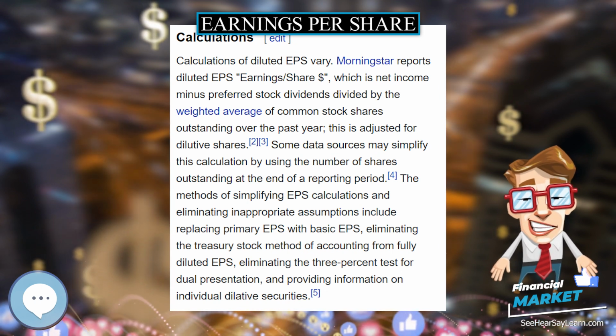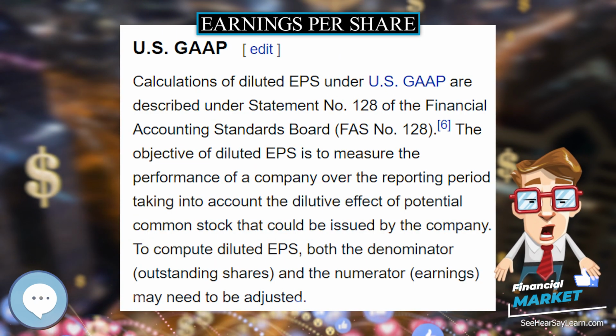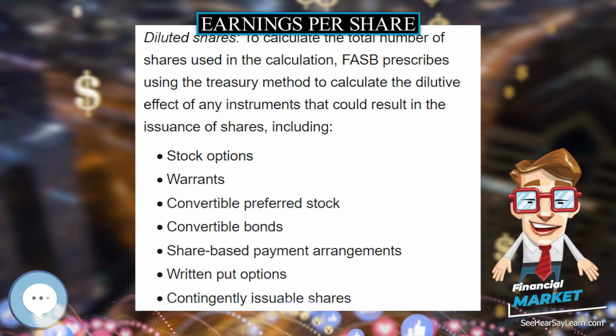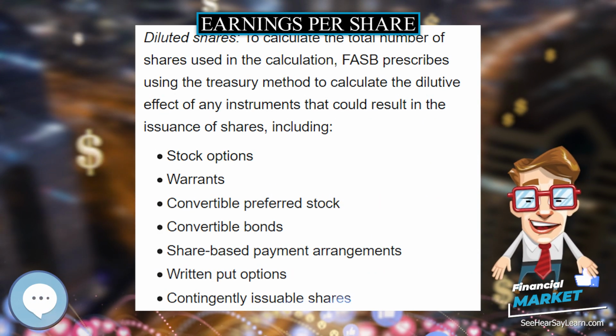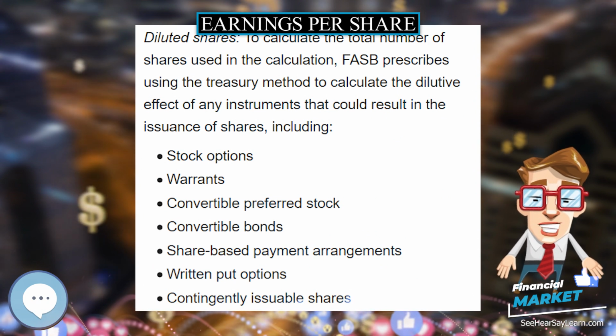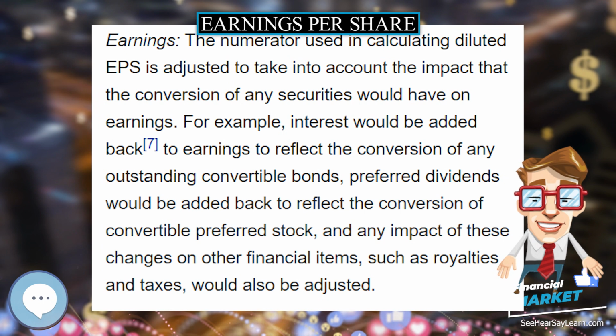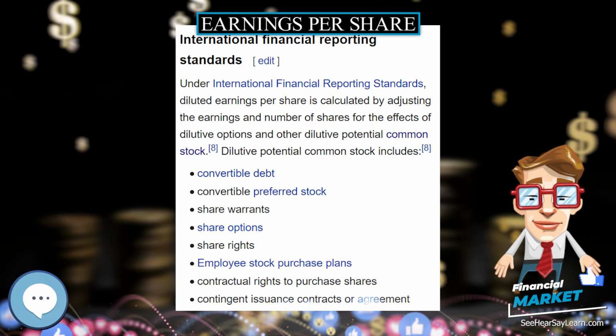International Financial Reporting Standards. Under International Financial Reporting Standards, diluted earnings per share is calculated by adjusting the earnings and number of shares for the effects of dilutive options and other dilutive potential common stock. Dilutive potential common stock includes